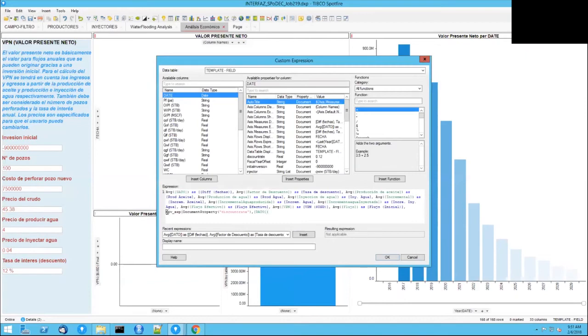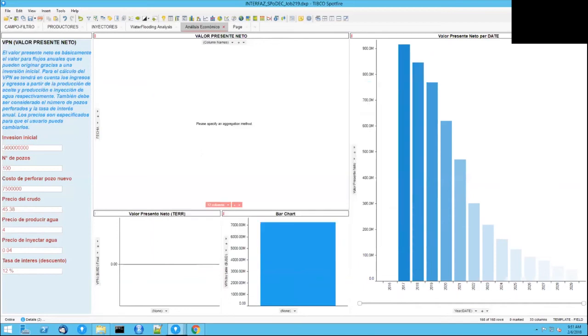So instead of doing that, I am simply going to insert an average before my expression so that whatever result I get, I just average it out. And that follows the convention of the rest of the columns here as well. So let's give it a name as NPV_EXP. And when I click on OK,